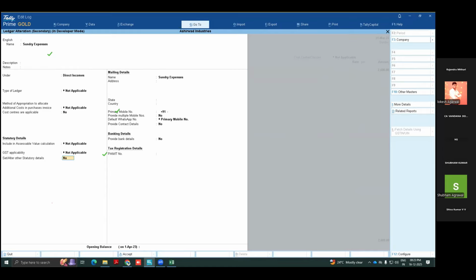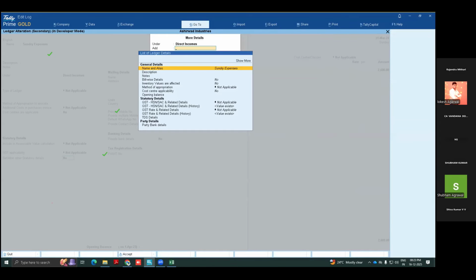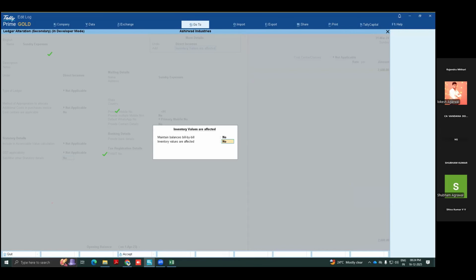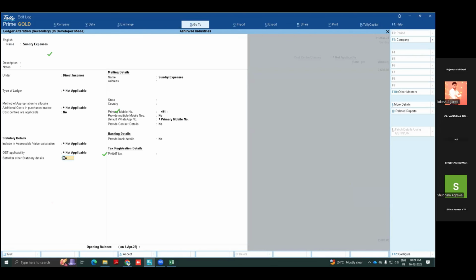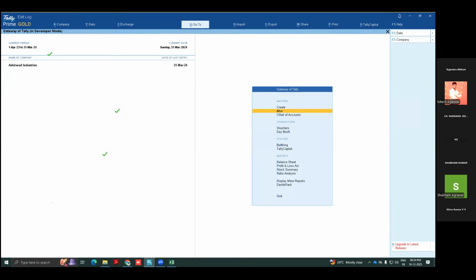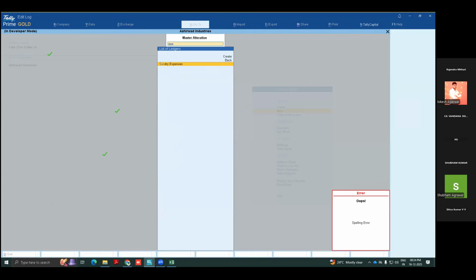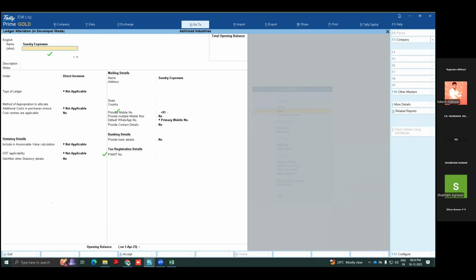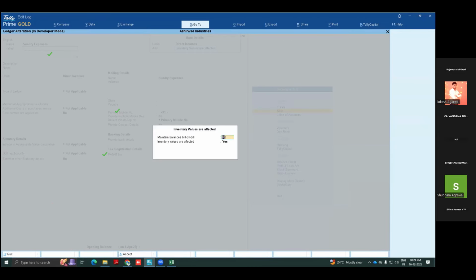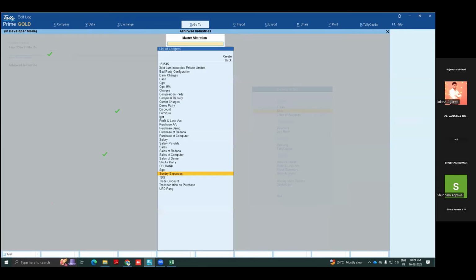It is an item invoice. And here is the option where you can say inventory values are affected. And yes, this should be stored. If it is not stored, one window will not come there. So that is very important. Alter a ledger, sundry expenditure, that should be stored. More details. Yeah, now it is done.